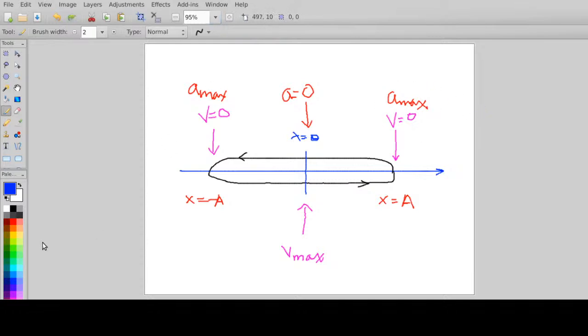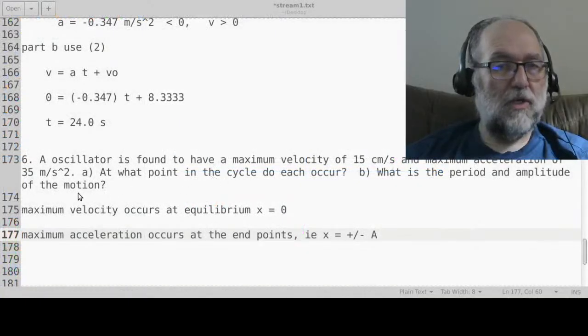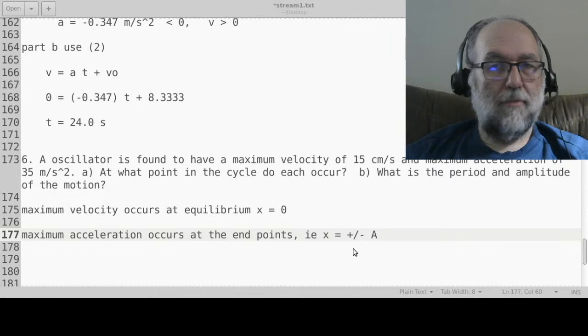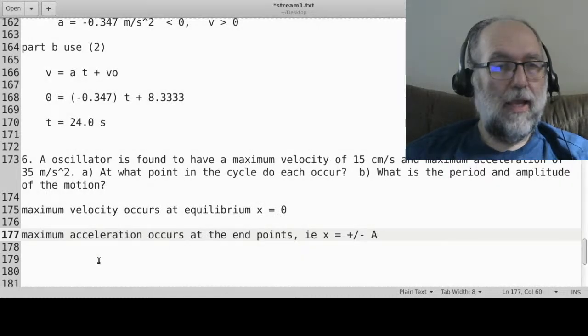All right. So I think we've answered that first question. Maximum velocity occurs at equilibrium. Maximum acceleration occurs at the endpoint. Then question B is, what is the period and amplitude of the motion? And